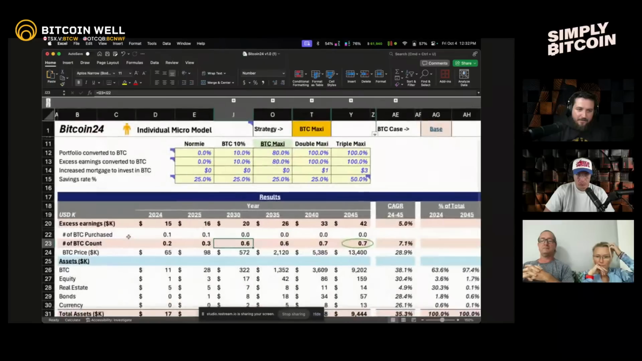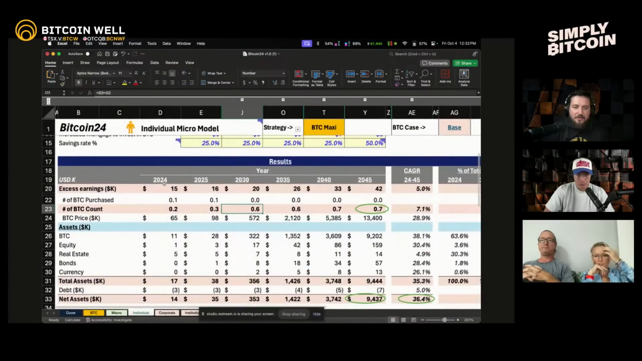It kind of points it out for you, right? So it shows you over the years what your Bitcoin count is. So in 2024, it would be 0.2. In 2025, it would be 0.3. In 2030, it would be 0.6. In 2035, it would be 0.6. In 2040, it would be 0.7. And 2045, it would be 0.7. It's going to be continuously harder and harder to obviously stack Bitcoin because it's obviously going to become more and